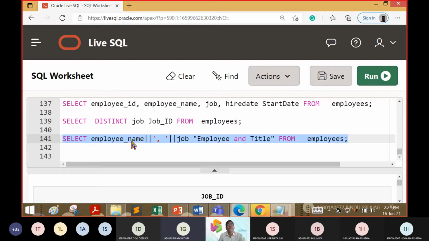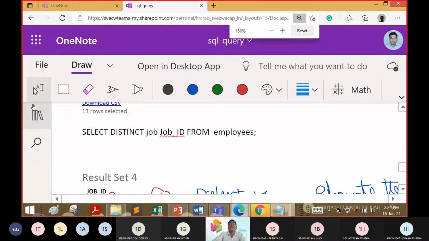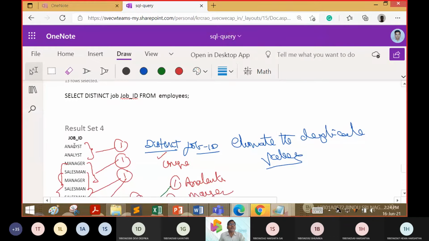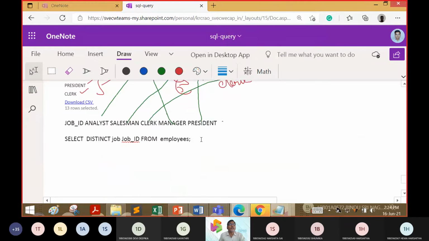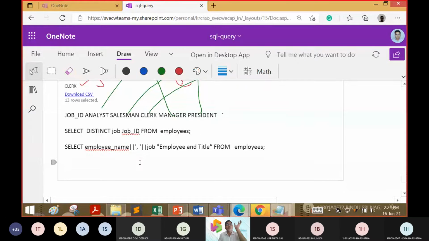Because you have put the concatenated. You have used the concatenation symbol. What is the concatenation symbol? The pipe. So you have used the pipe symbol there. That is the reason the query has concatenated the two elements, and it writes those two elements with a comma.